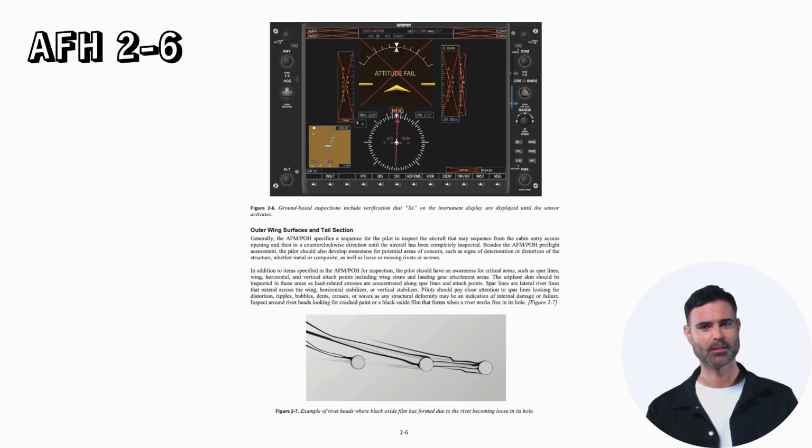The airplane skin should be inspected in these areas, as load-related stresses are concentrated along spar lines and attach points. Spar lines are lateral rivet lines that extend across the wing, horizontal stabilizer, or vertical stabilizer. Pilots should pay close attention to spar lines looking for distortion, ripples, bubbles, dents, creases, or waves, as any structural deformity may be an indication of internal damage or failure. Inspect around rivet heads, looking for cracked paint or a black oxide film that forms when a rivet works free